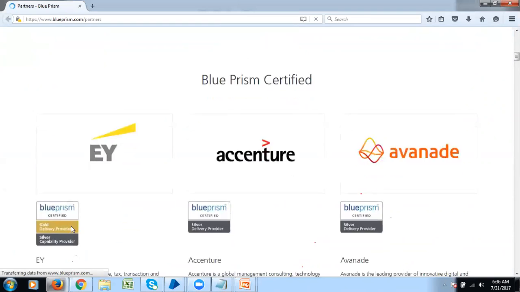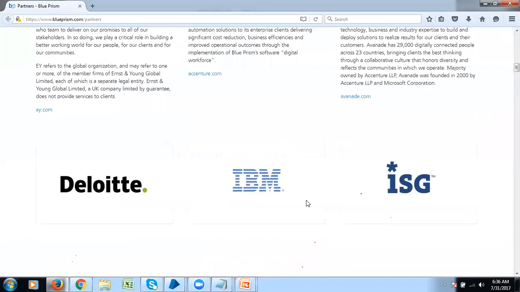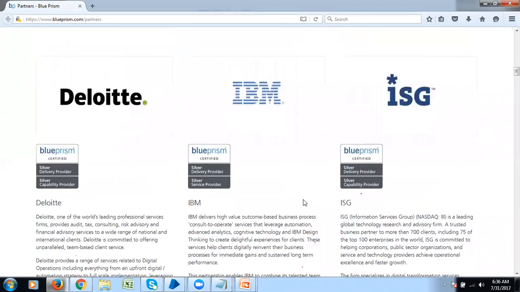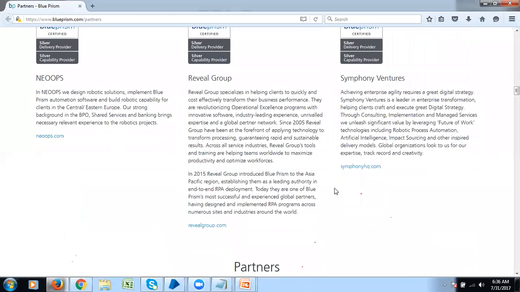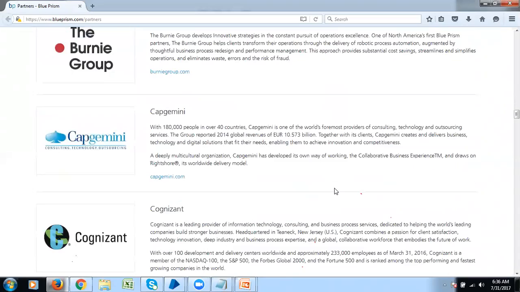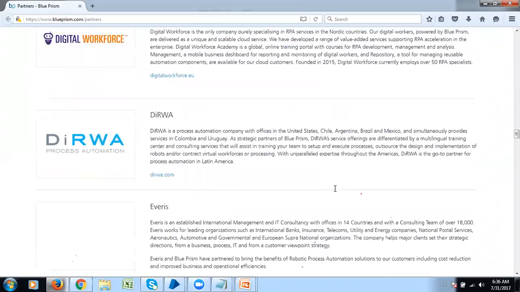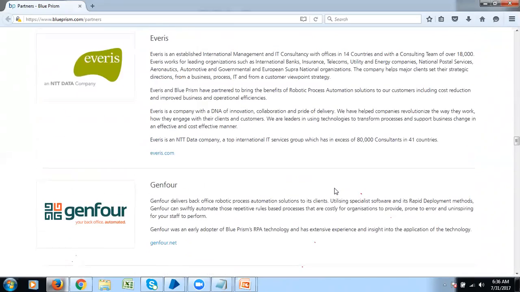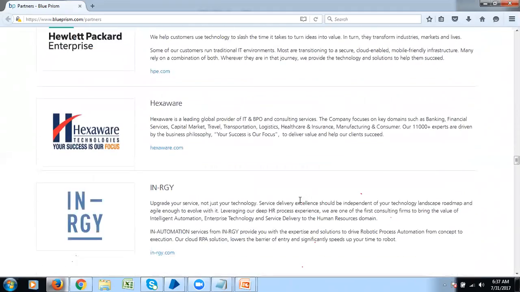EY is the gold delivery provider, and Accenture is a Blue Prism certified silver delivery provider. Avanade, Deloitte, IBM, ISG, Neops, Reveal Group, Symphony, Capgemini, CTS, DigiBlue, Digital Workforce, NTT Data, Genpact, HCL, HP, Exaware.